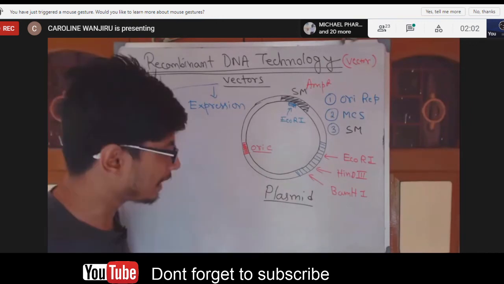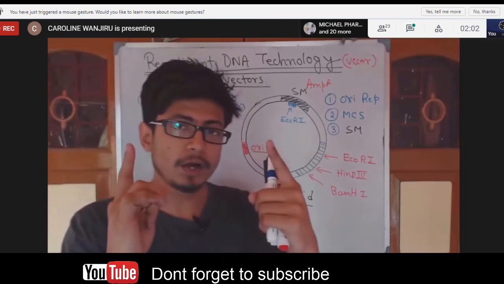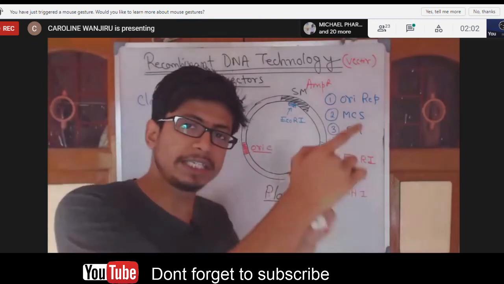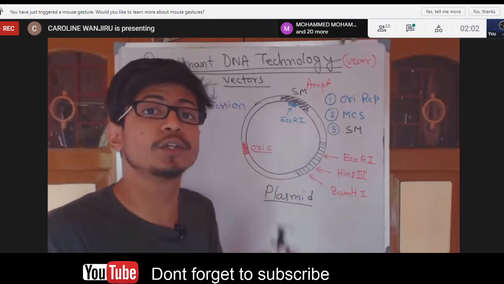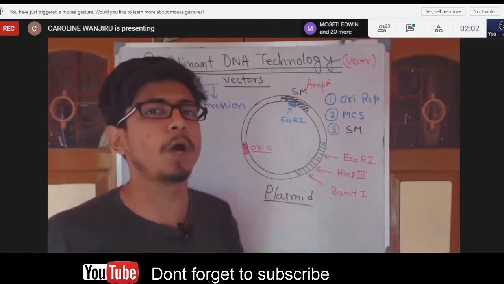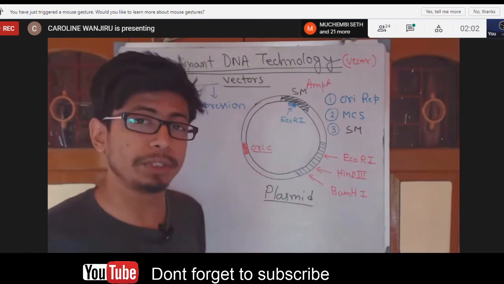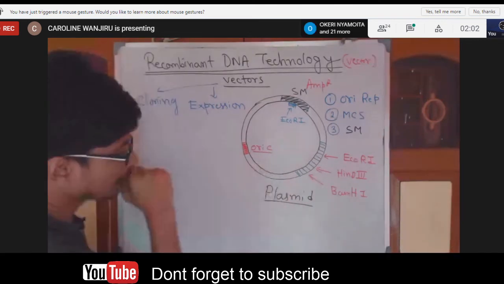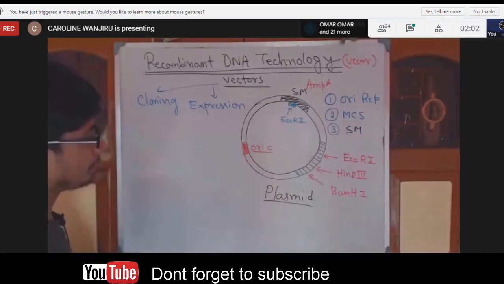And that is the problem of plasmid, because the limit up to which it can carry DNA is low. The length of the DNA should be smaller for a plasmid to carry, because plasmid itself is small and it can carry a small segment of DNA, not a bigger one. That is one problem with plasmid. Otherwise, the rest of the things are fine. The copy number is good and everything is fine, but this is the problem. So I talked about that.